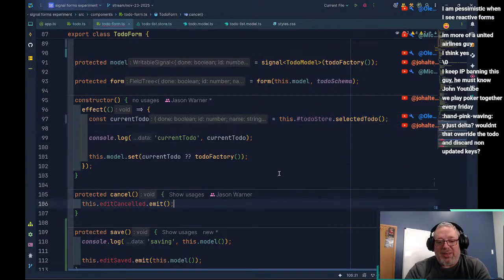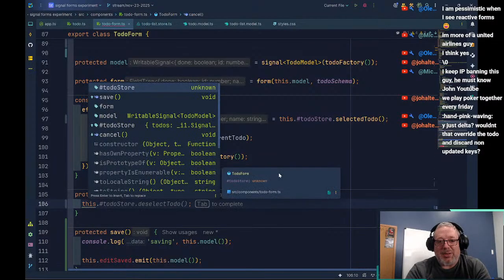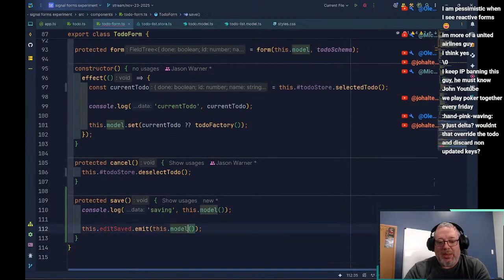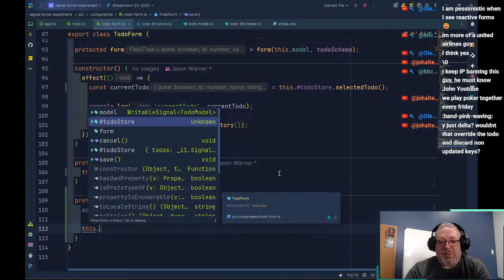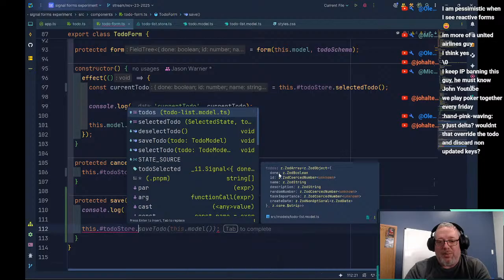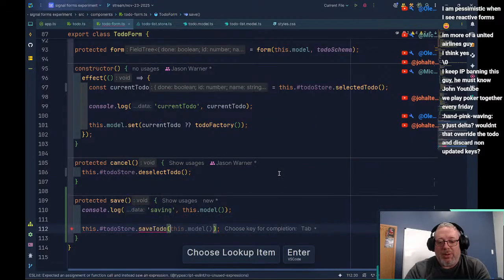And so then the last thing we need to do is right here, instead of emitting this, we can just do this dot to do store deselect to do. And instead of trying to emit all of this stuff, now we can say this dot to do store dot save to do this dot model.